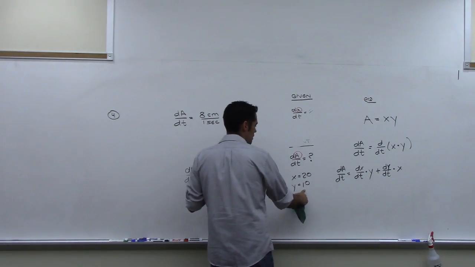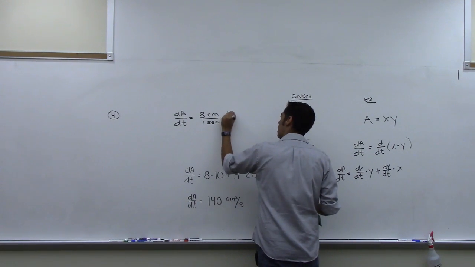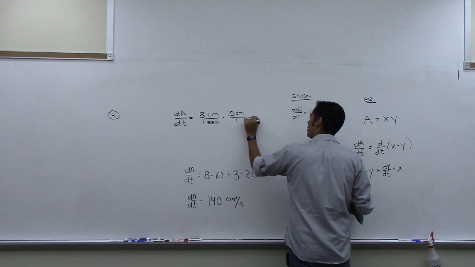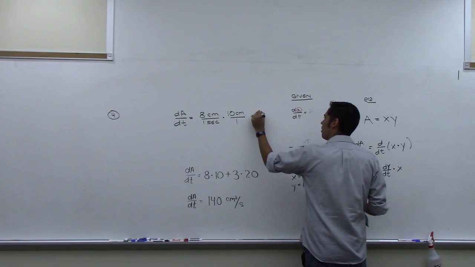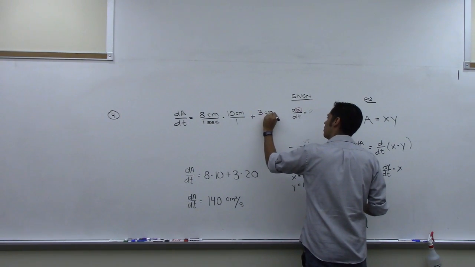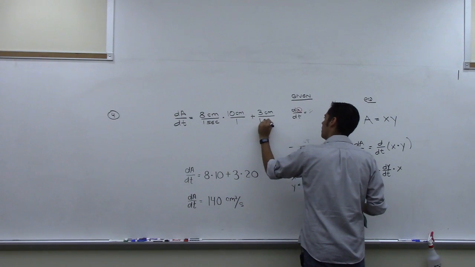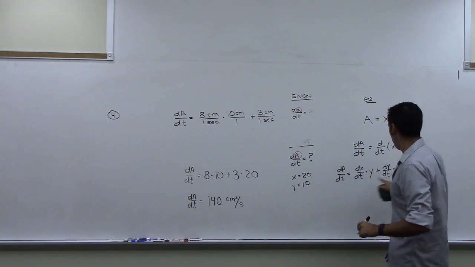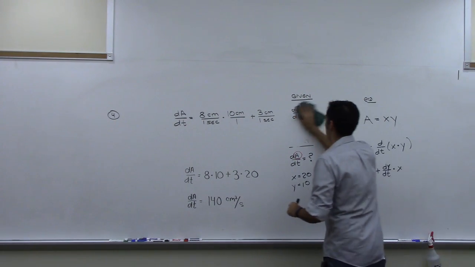Y was 10, but 10 centimeters, so 10 centimeters over 1, and then plus dy/dt, which was 3 centimeters per 1 second, right? I erased it, but it said 3 centimeters per second, and then times x,